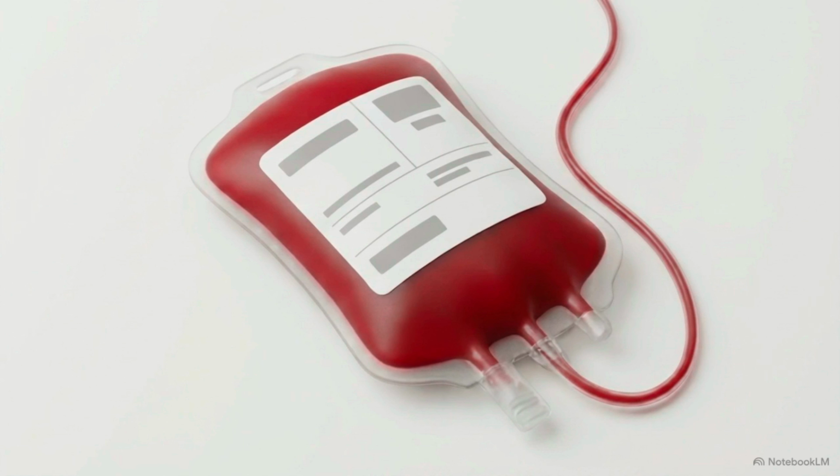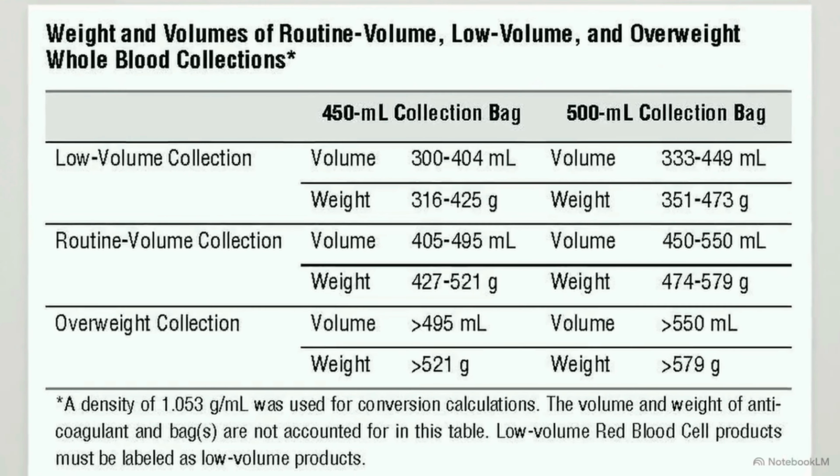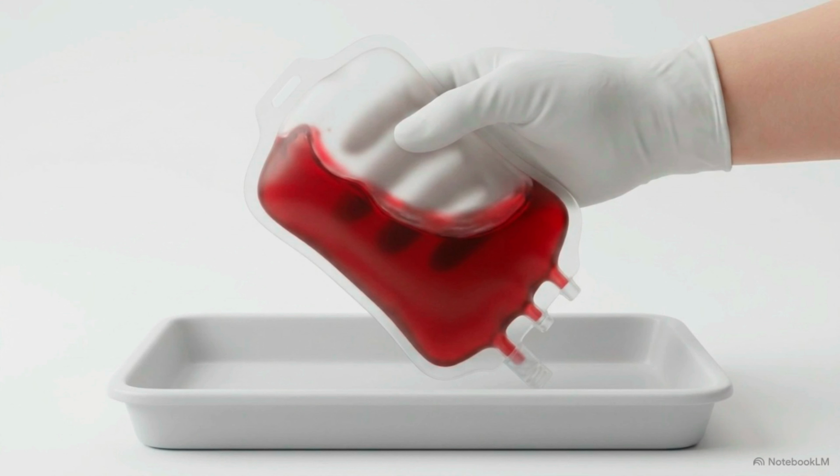with the CPDA1 anticoagulant. This table outlines the standard parameters for whole blood collections. Looking at the routine blood collection row, you can see the target volume is tightly restricted between 450 and 550 milliliters. Because we monitor the draw using an electronic scale, you must track the physical weight. As shown in the weight column, a standard 500 milliliter collection must weigh between 474 and 579 grams to trigger the clamp. While the bag fills, gently mix the blood with the anticoagulant every 4 to 5 seconds to maintain